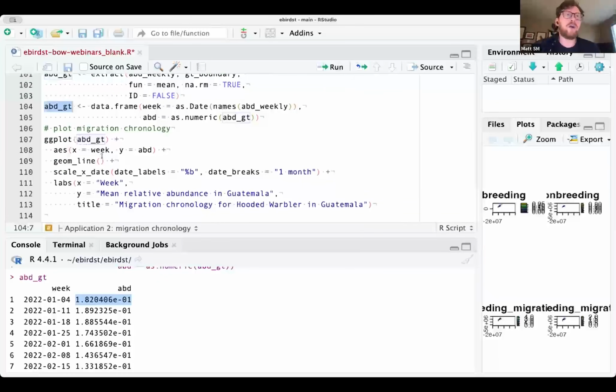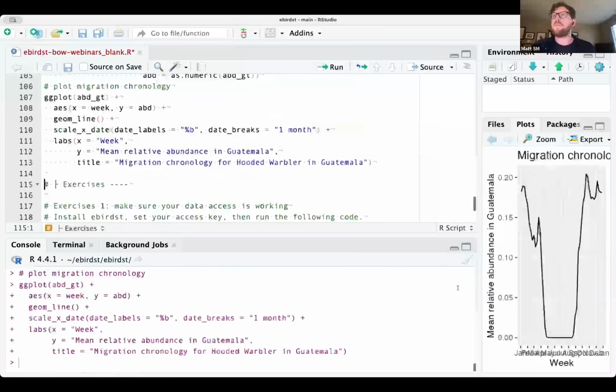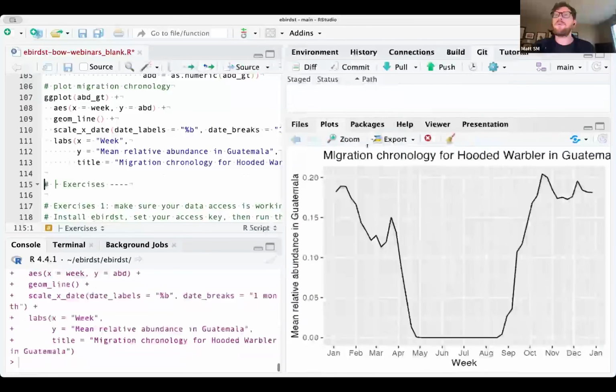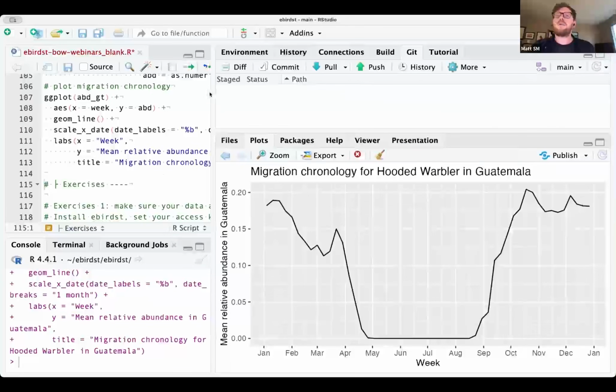And finally, I have some ggplot code that will just plot this as a line and give it some nice labels and stuff. Hopefully you can see that. Right, so this is our migration chronology. Basically what it's saying is, there's this brief period in the breeding season from kind of May to August when they're just not in Guatemala at all. During that time, they're up in North America, up in the US mostly, where they breed. But then it looks like kind of